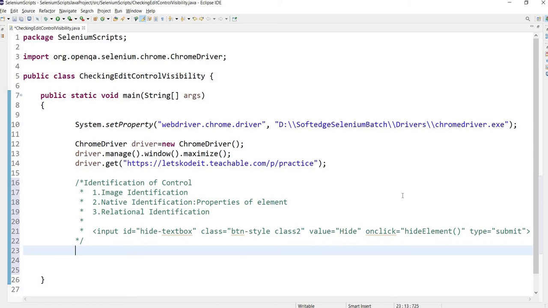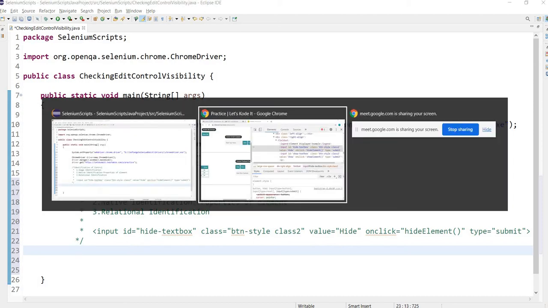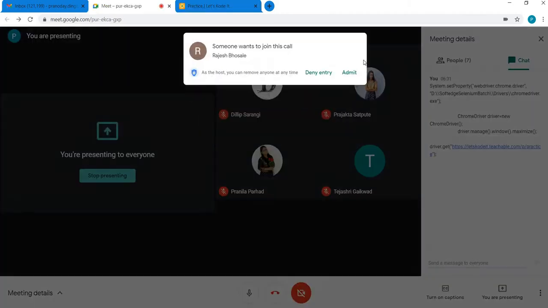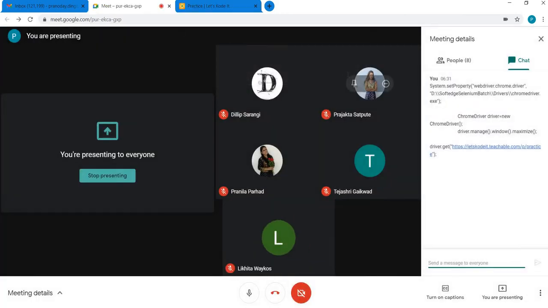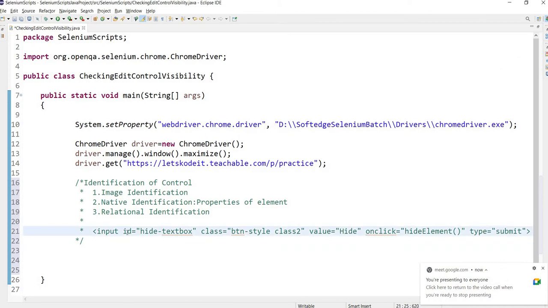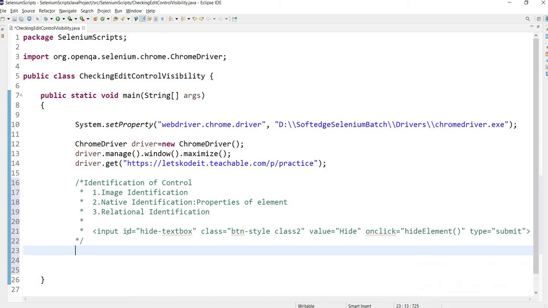What we need to first decide is, out of this attribute set, which one we would like to use: whether we would like to use the ID attribute for finding an element, the class attribute, the value attribute, or which of these. Before we decide which attribute to go for in the identification, we have to see which is uniquely set. Unique identification is very important for a UI automation tool.